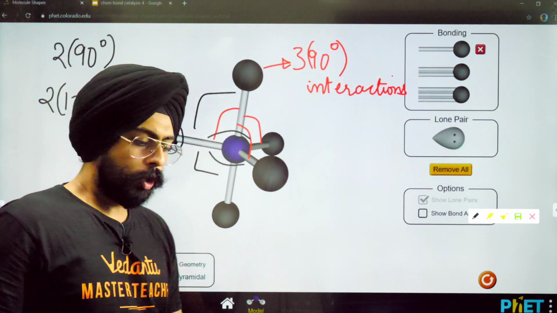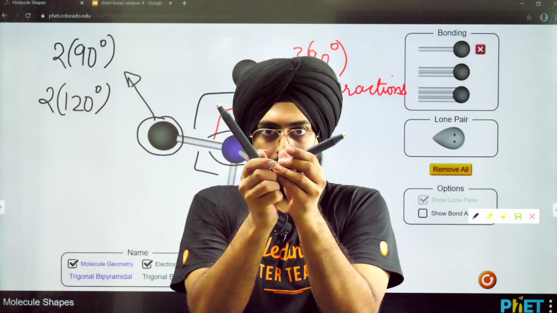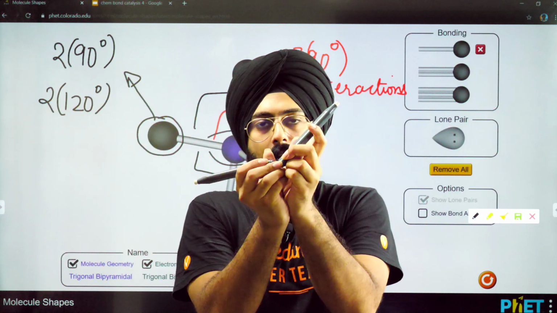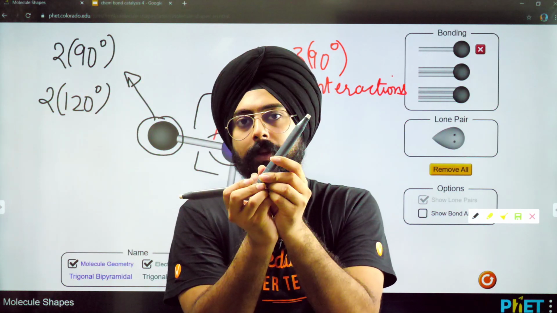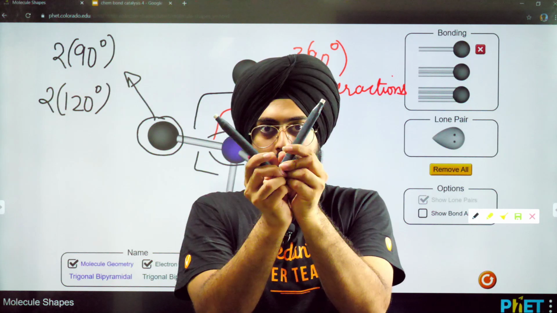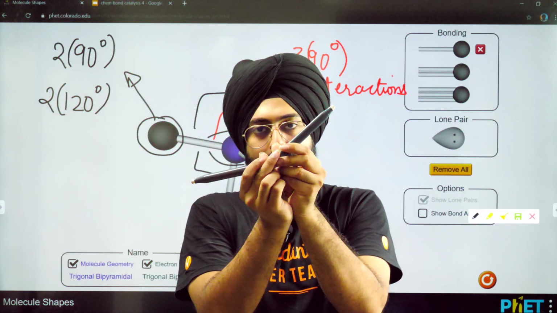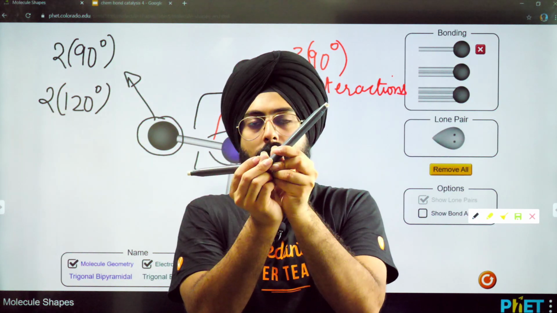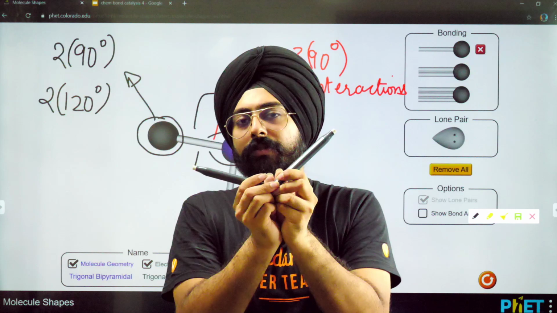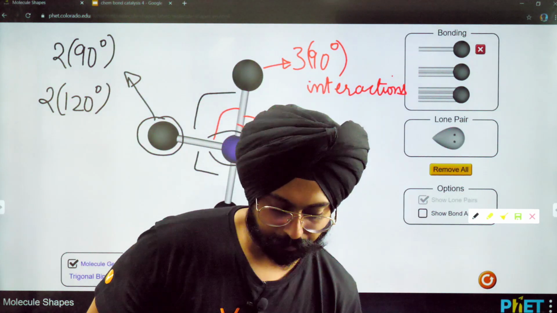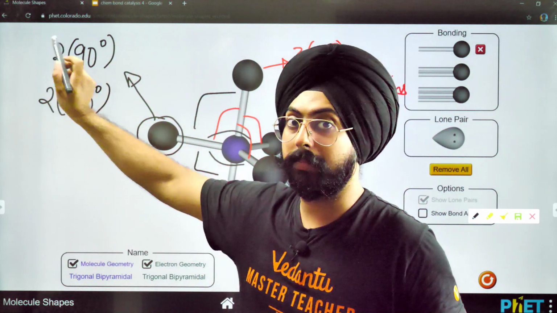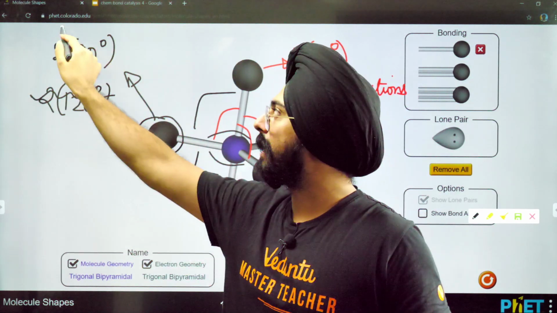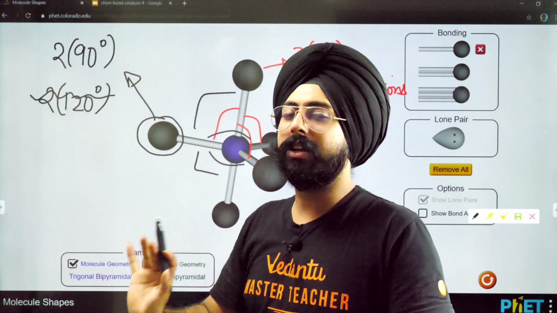Now people, do you realize that if two atoms are at this angle, if two bond pairs are at this angle, they will repel quite a lot. But if you keep them at 120 degrees, the repulsion is not as high. 90 degree repulsion will be much higher compared to 120 degree interaction. So my dear friends, because of this specific reason, 90 degree repulsions are bad, while 120 degree repulsions you can ignore. Compared to 90 degree repulsions, 120 degree repulsions are not very bad.